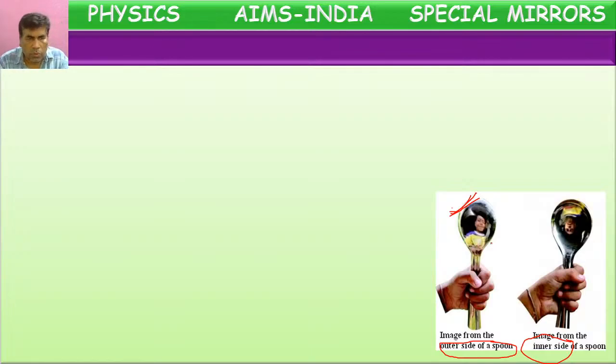Actually, these two are examples of spherical mirrors. Not only these two, you might have observed a solar cooker, or the rear view mirror in vehicles, which we use to see the vehicles coming from the backside. We see them in the mirror attached to the side part of the vehicle. So it is an example of a spherical mirror. Today we are going to learn about these mirrors.